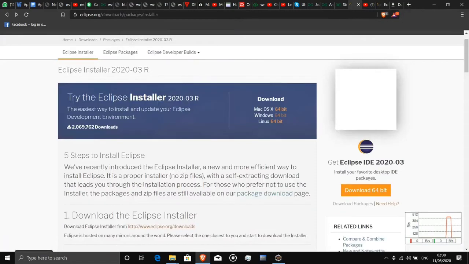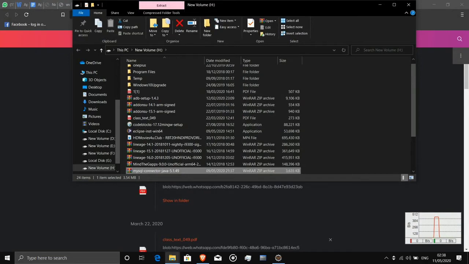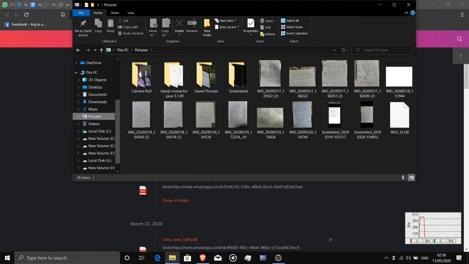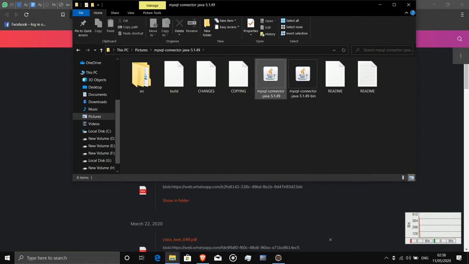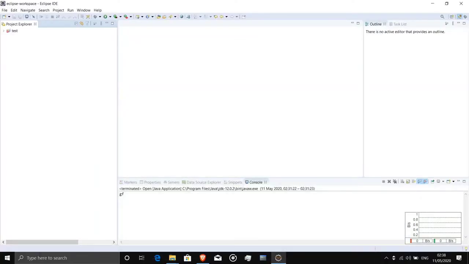This is the page where we can download, and after download we have to extract this file in any folder. So we simply extract it there. I extracted this file in the Pictures folder. As you can see, this is the folder, and these are the JDK Java files which we will use.